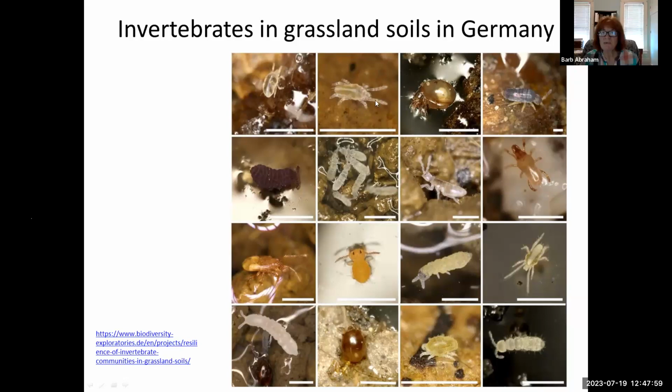1, 2, 3, 4, not pinched in the middle. What's that? Another mite. Now, this one looks like it has a shell on the top. That makes it what kind of mite?